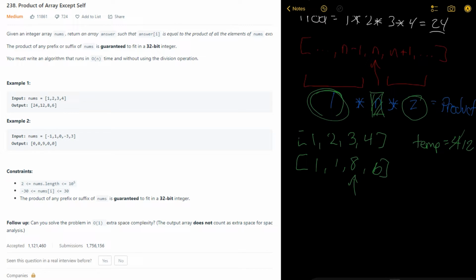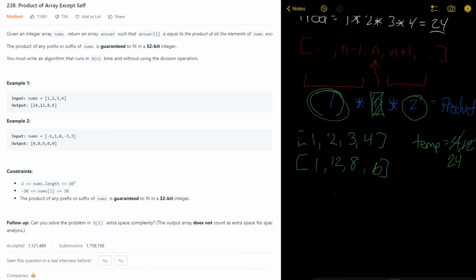And then we would go ahead and move on. So now we'd move our pointer over to the second index here, index 1. And so what we would do is take 1 times 12, in that case that would just be 12, and we would update that value here. So we throw in 12, and then we'd have to update our temp value again by looking at the value in the original array, which in this case is 2. So we would overwrite our temp value, 12 times 2 is 24,